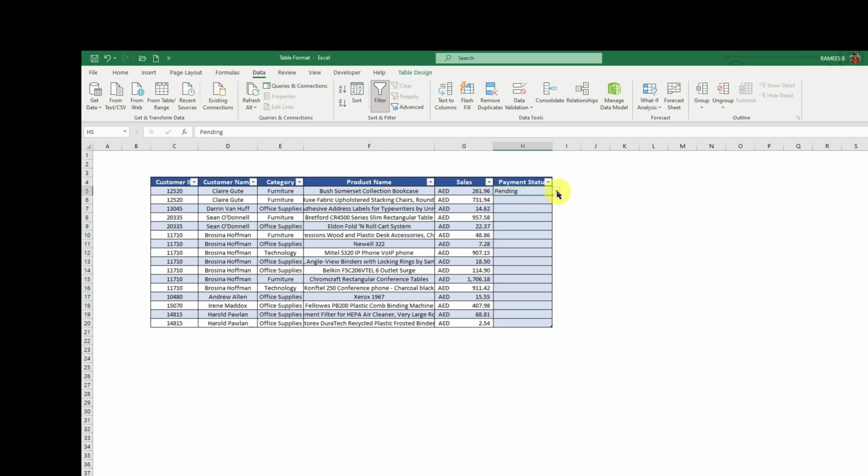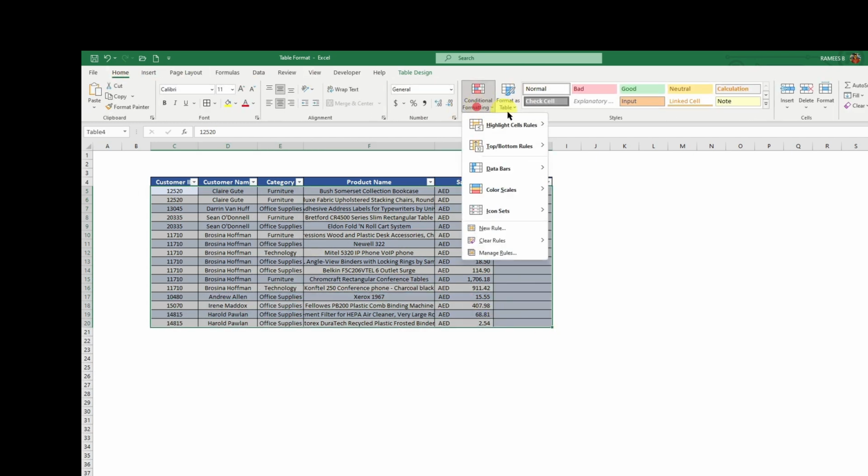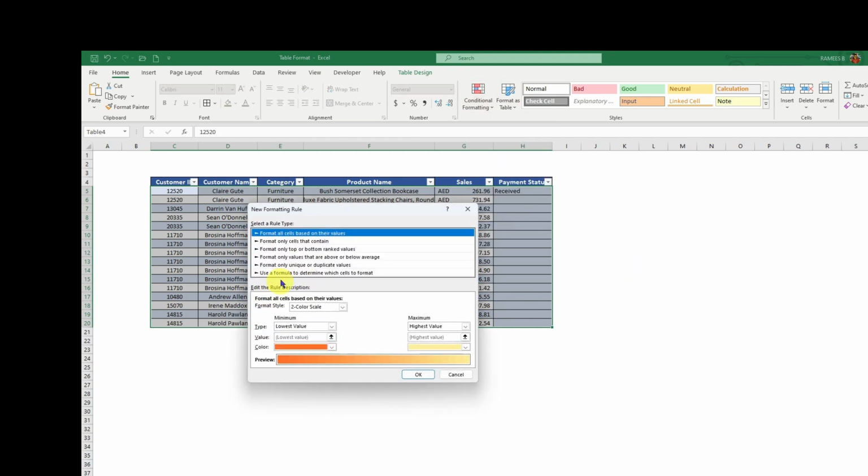So when I click any of these, I want the remaining cells to get highlighted in a color so that I can get to know which sales I have received the payment for, and which sales I haven't received, still pending. For that, we just need to simply select the entire table. Then after that, click on Home and select Conditional Formatting, click on New Rule, then click on